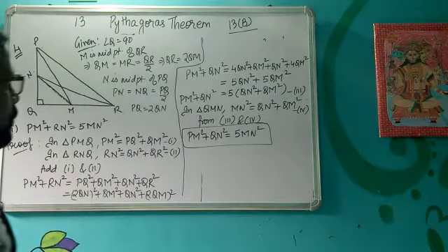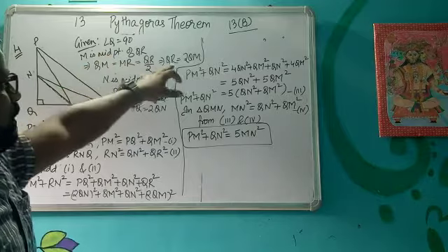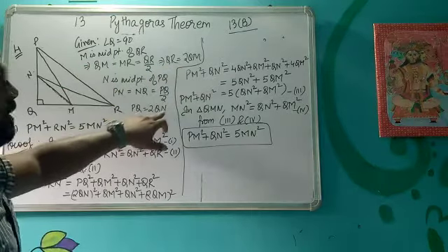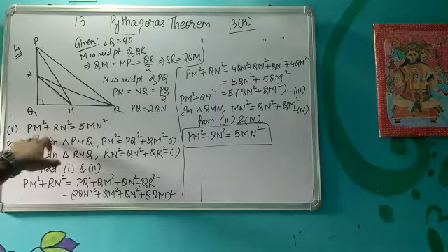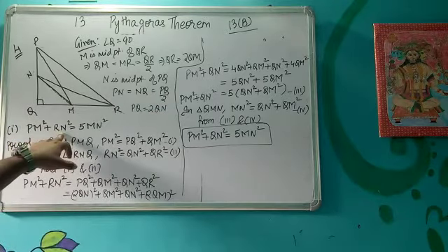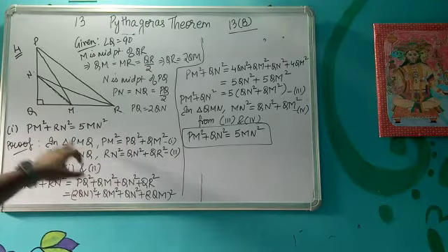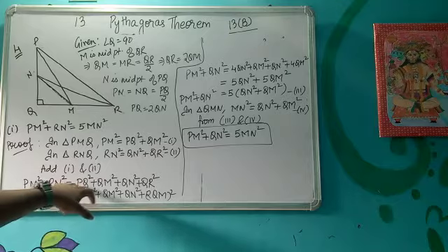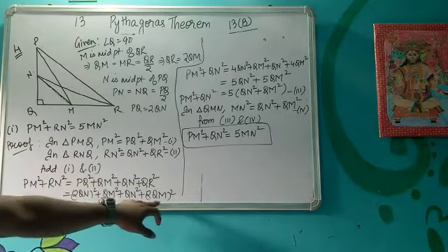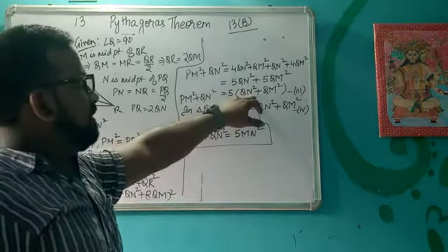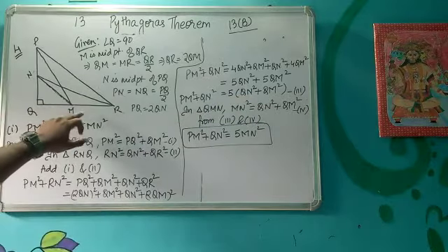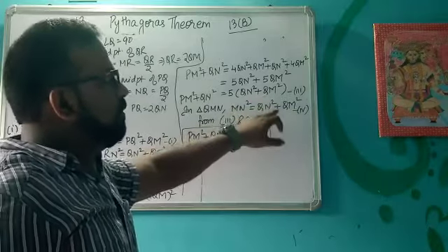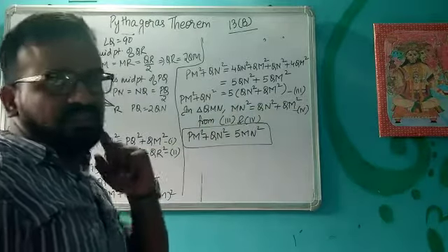So what property have we used? M was the midpoint, so QR becomes twice QM. N is the midpoint, so PQ becomes twice QN. Then we have taken these two triangles which contain PM and RN as the hypotenuse. Then we needed the addition, so I have added. Then I have substituted PQ and QR by their respective values. Then you get this result. Then finally in this small triangle MNQ, I again write the Pythagoras theorem, and when I replace this value with MN square, I got the desired result.